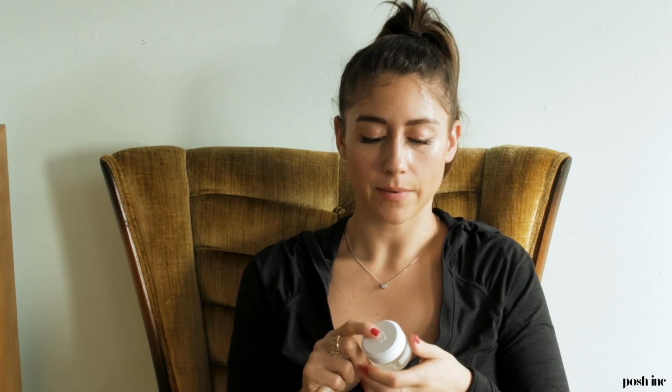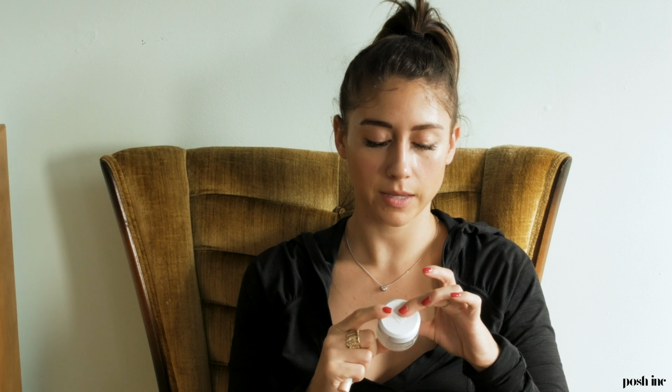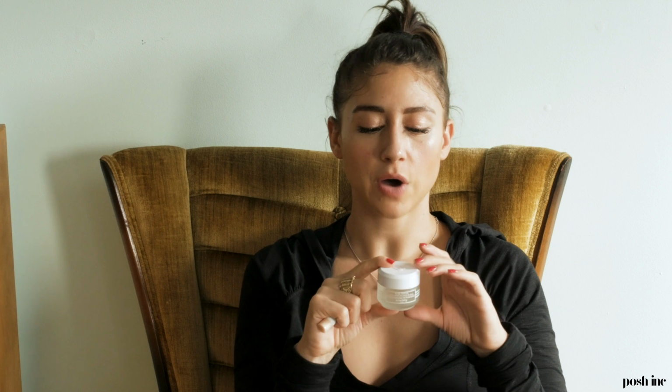And then for the under eyes, I tend to like products that are melty. They melt and have a sort of luminous look to them. So right now I'm using this Sisley. It's a gel for the eyes and the lips, and I like that when it goes on, sometimes a lotion will get clumpy. It's almost like the skin up there isn't warm enough. So I like products that are